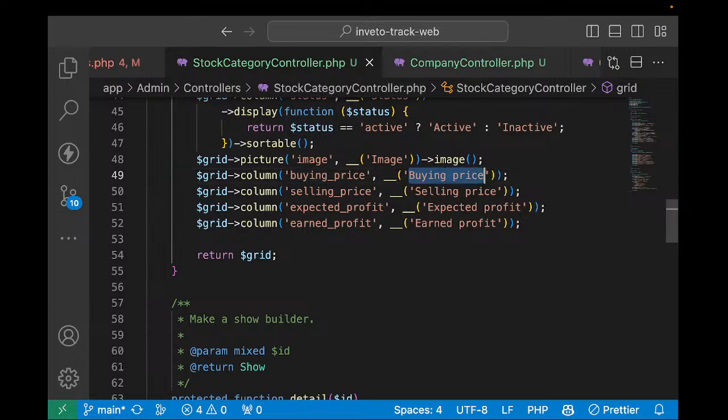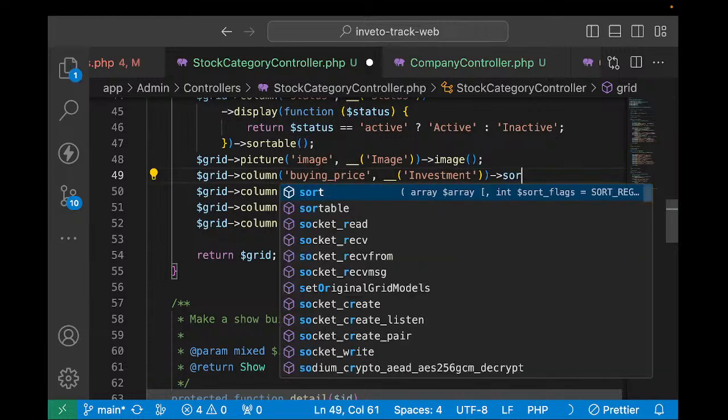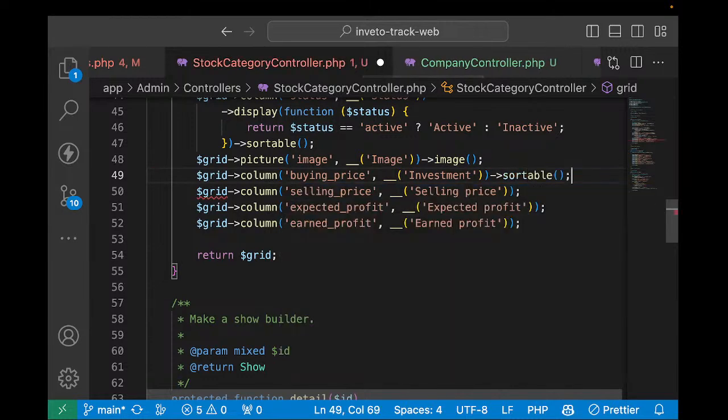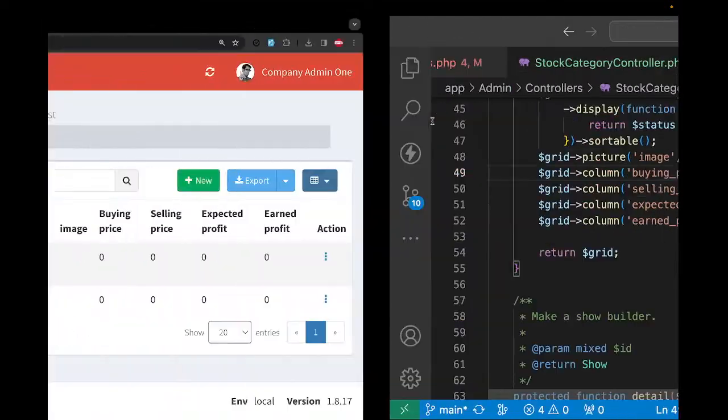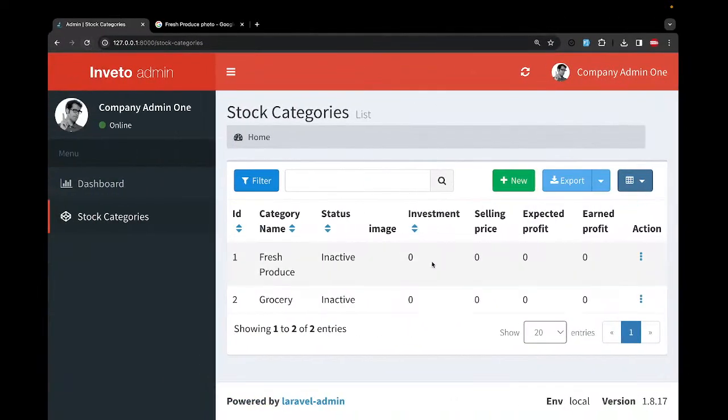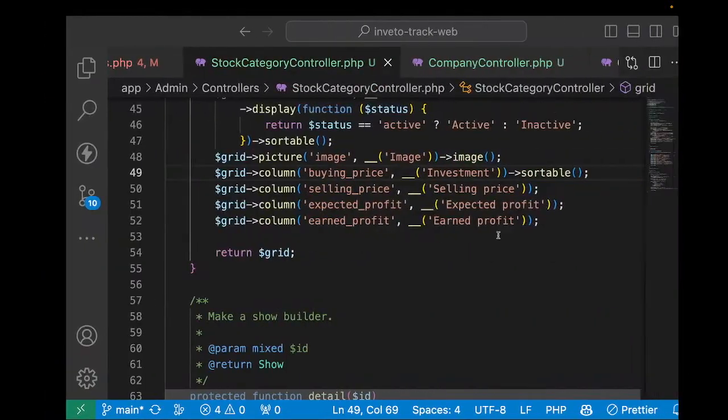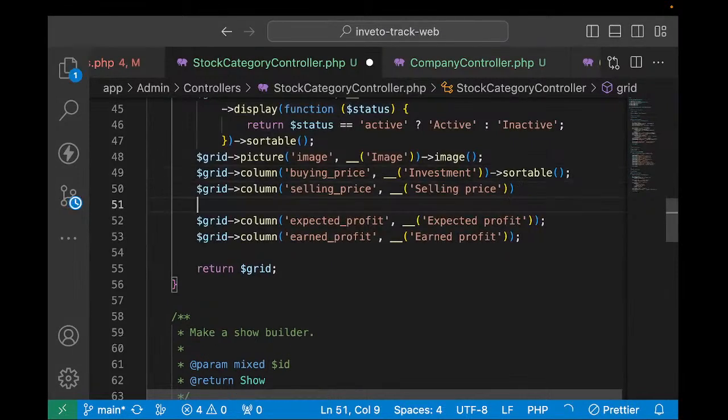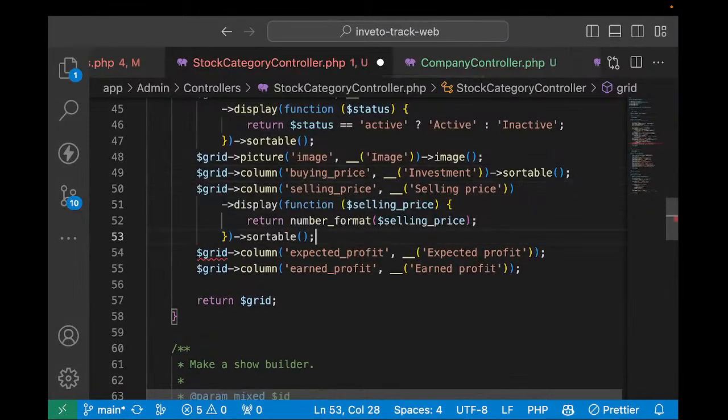you can call this one investment, or the amount that you've added in that category, and then make it sortable. Right, so this will be showing the money that you've added in that particular category. Okay, so here we can make it